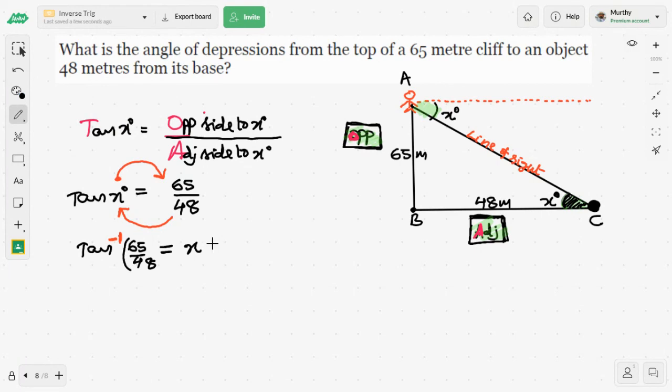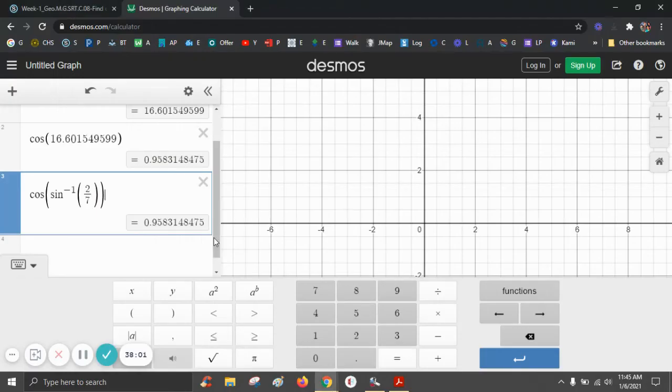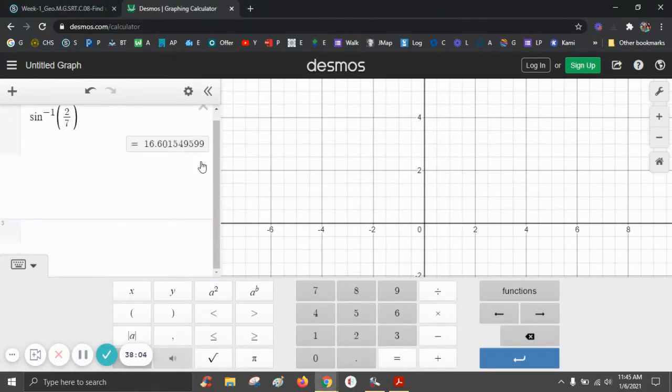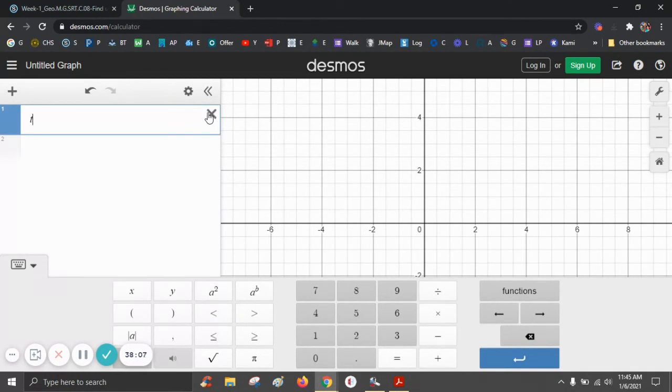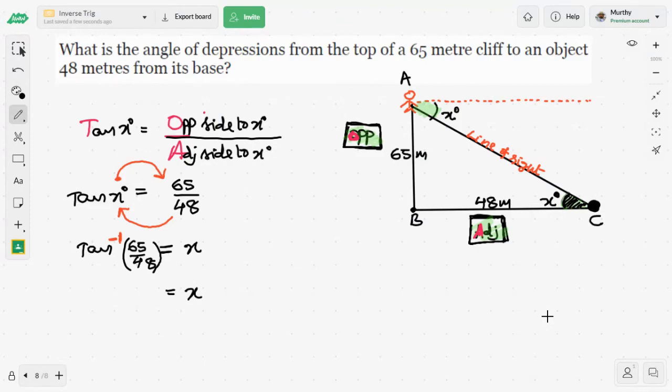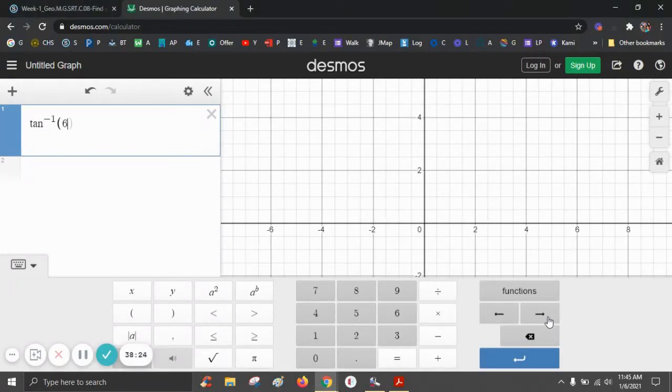So here I have tan x = 65 over 48, therefore x = tan inverse of 65 over 48. Let me jump to my Desmos calculator. Let me clear all these things. I type tan, then inverse using the a to the power of b key, then -1 in the exponent, parenthesis, the fraction 65 over 48, close the parenthesis. There you go, you got